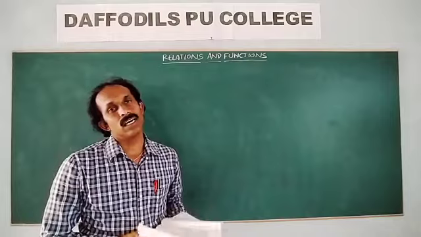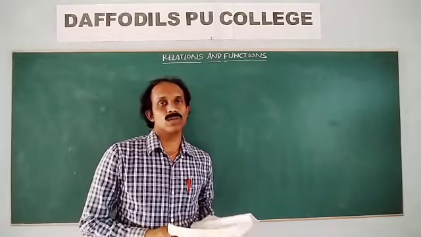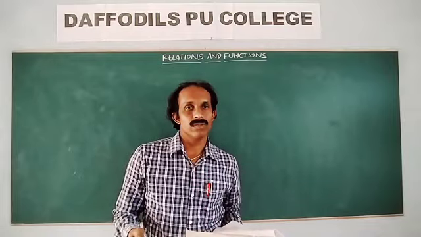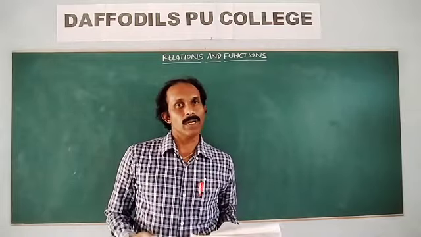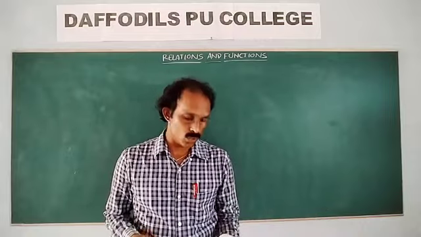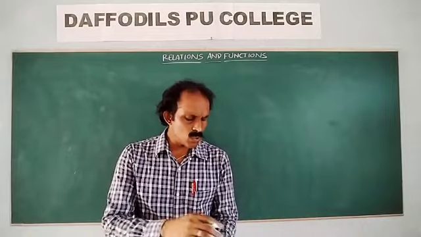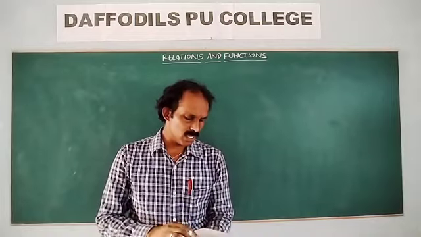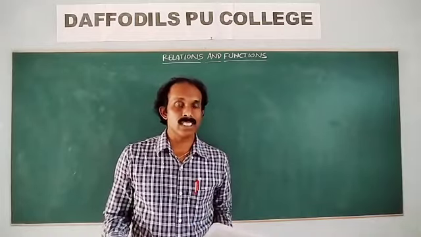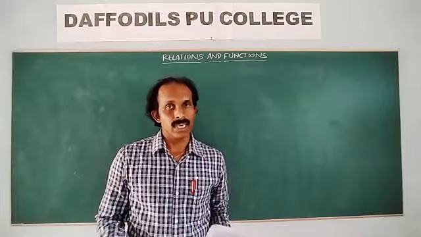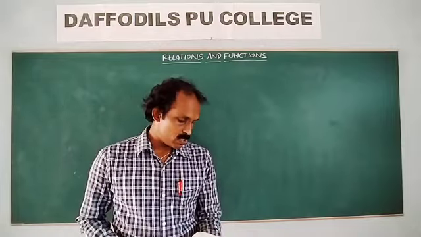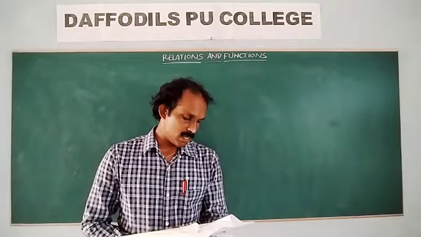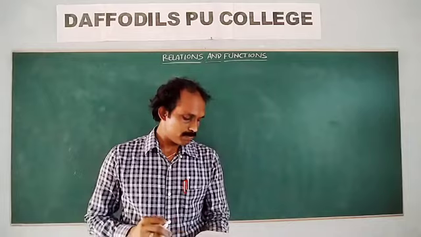Take lines L1 and L2. The relation between two lines being perpendicular is symmetric but not reflexive, not transitive. So that is also one type of example. Like that, you take examples yourself. Your choice: any example, either lines, triangles, numbers or ABC. Anyone you choose, just write examples for the 10th problem.